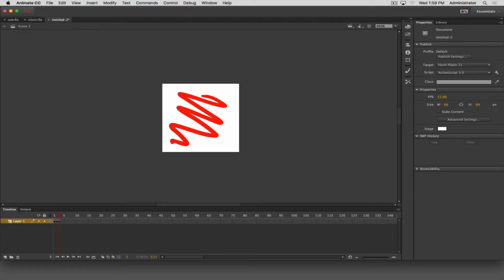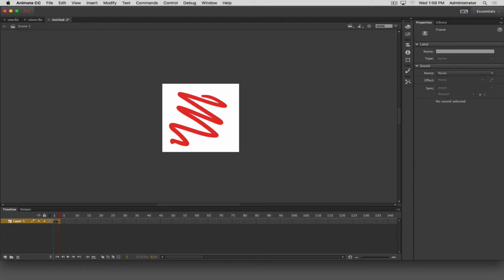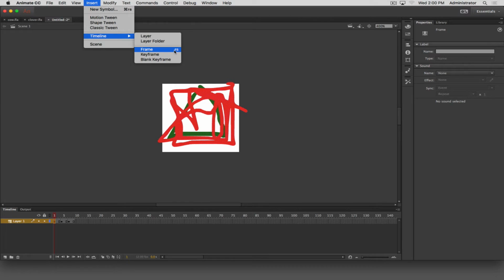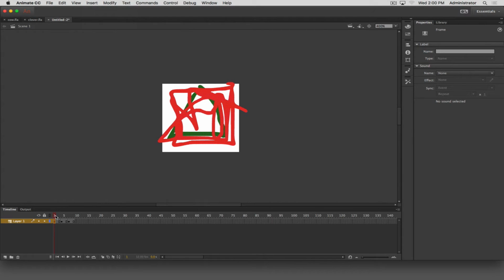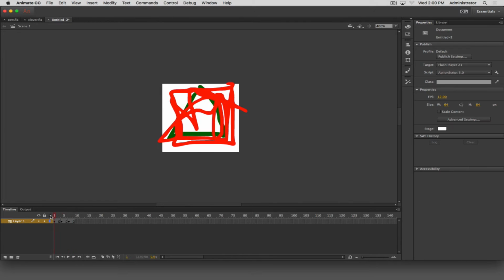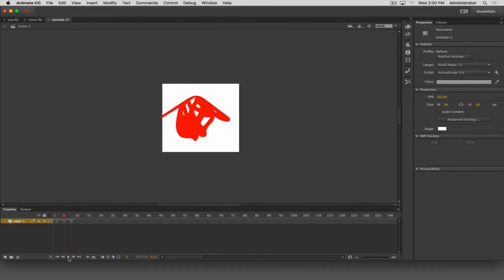And we can make our frames longer by clicking on a frame and hitting F5 on the keyboard. That increases the exposure or time for that frame. It adds or inserts a timeline frame, F5. So now when I do that, we can see it plays slower. And if my frame rate were back up to 60, now we can at least see something is happening